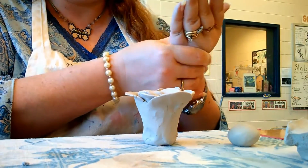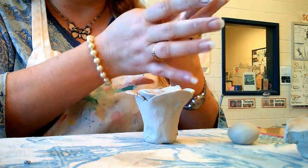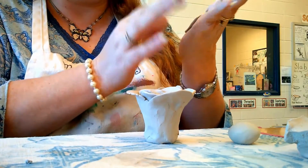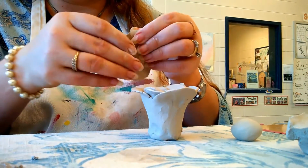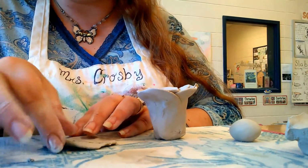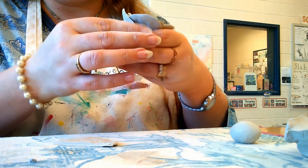Some people like to put stems on them, and I may demonstrate how to roll a leaf out onto a slab, like an actual real life leaf. And I may even get some camellia leaves and do that. But you can get the veiny texture of the leaves on your clay, and then apply that to your project, like an actual camellia leaf, or actual camellia petals if you so desire. And if you're in a place